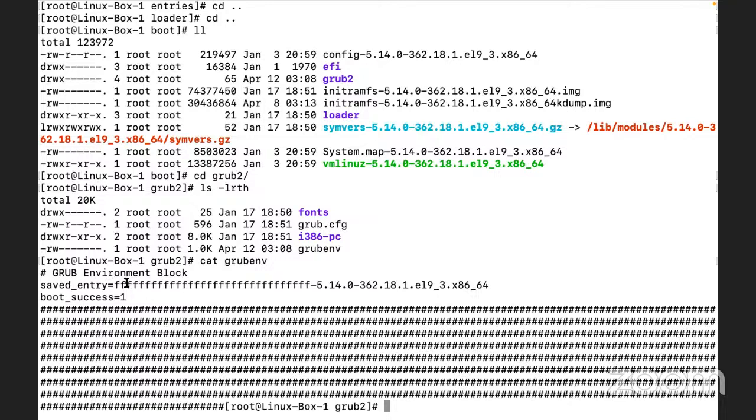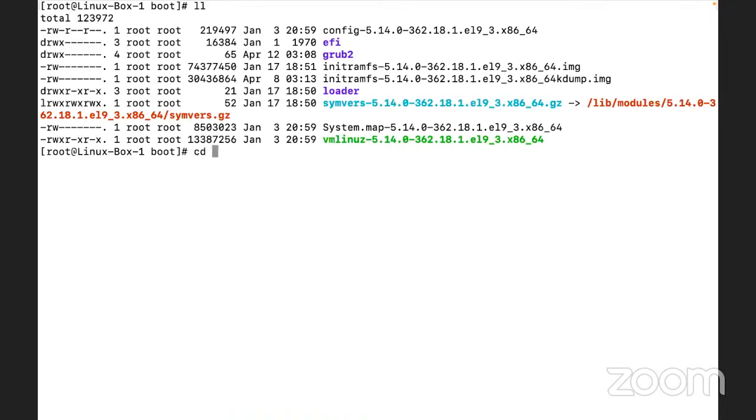So whatever entries are saved within this particular file, these are going to be updated into that particular loader file. Remember, if we make any entry here within this grubenv file, then these entries will get reflected into this particular file, saved_entry equal to this. Remember that file we were looking at some time before?